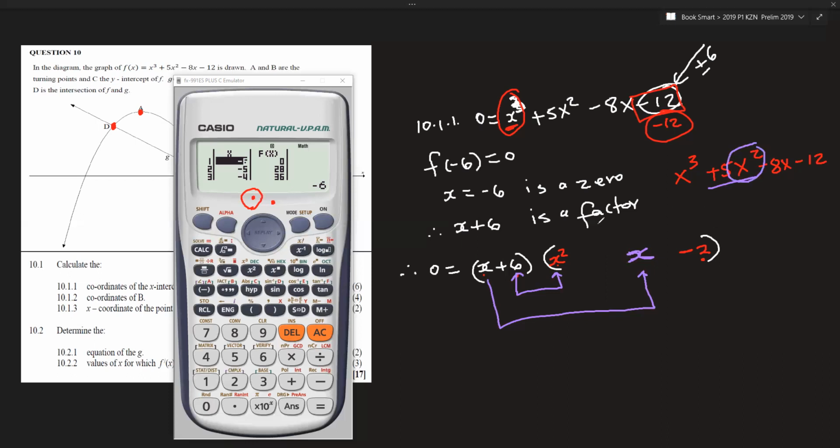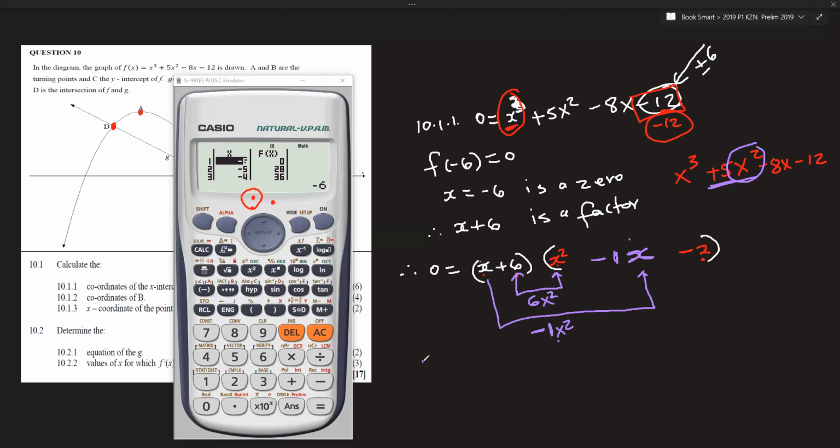This one is already complete. You see, positive 6 times that will give me 6x squared. But I need the final answer to be positive 5x squared. So obviously here I must have negative 1x squared, so that when I add this one and that one will give me positive 5x squared. So I just have to input negative 1 so that when I multiply this and that, I'm going to get that. Do we get it? Perfect. Which means